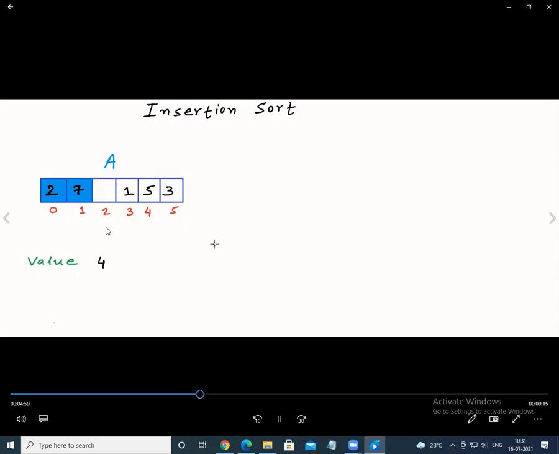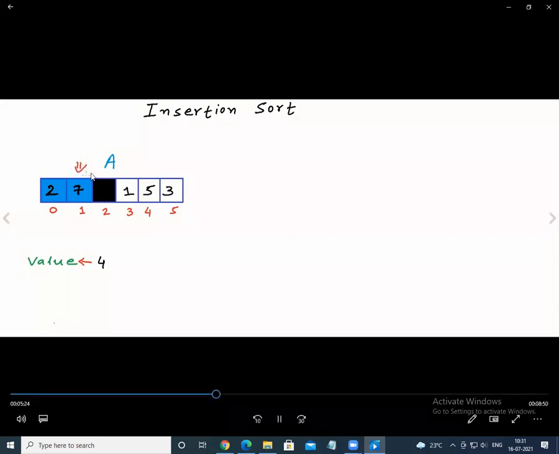Again we'll pick up a of 2. We will eliminate this and keep it in one of the temporary memory. Assume that it is internally there, just for the sake of understanding, and it is compared with a of 4 to find the position.